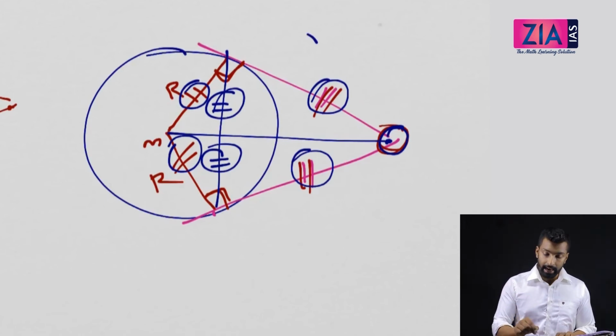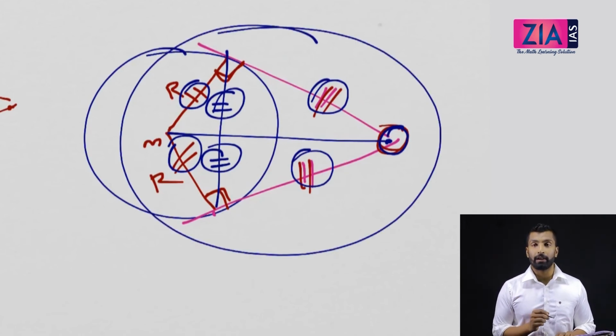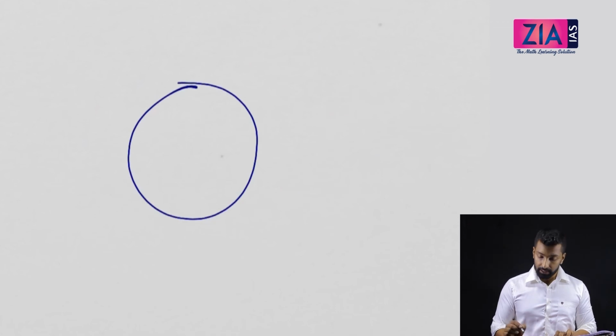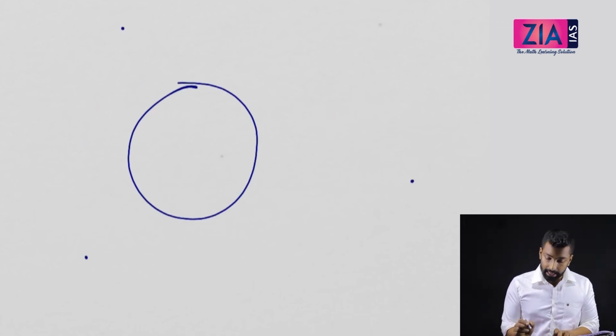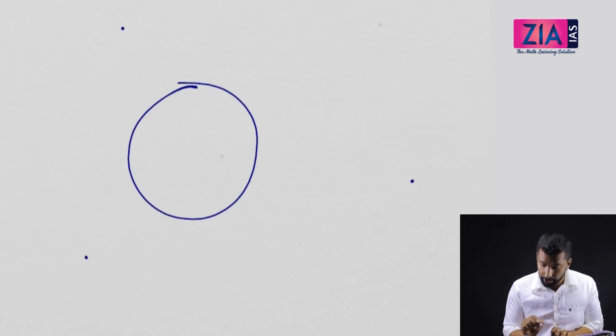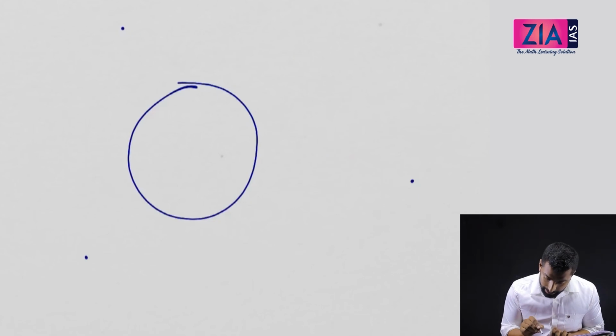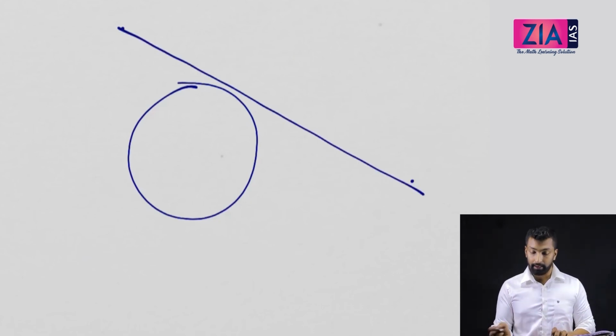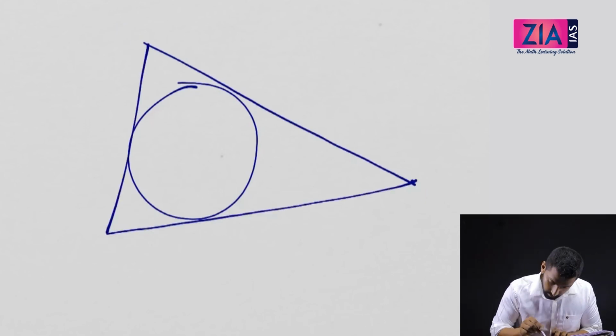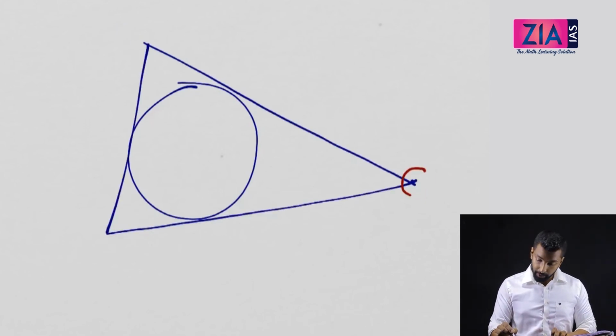Here the diagonals are angle bisectors as well as perpendicular bisectors. Okay, so we will see that. Let's suppose you get a question like this: 3 points outside the circle. One here, one here and one here. Something like this. You got 3 points outside the circle. What do you do? You can drop the tangent. Basically I want you to join this point such that it touches the circle. So I have given you 3 points outside the circle.